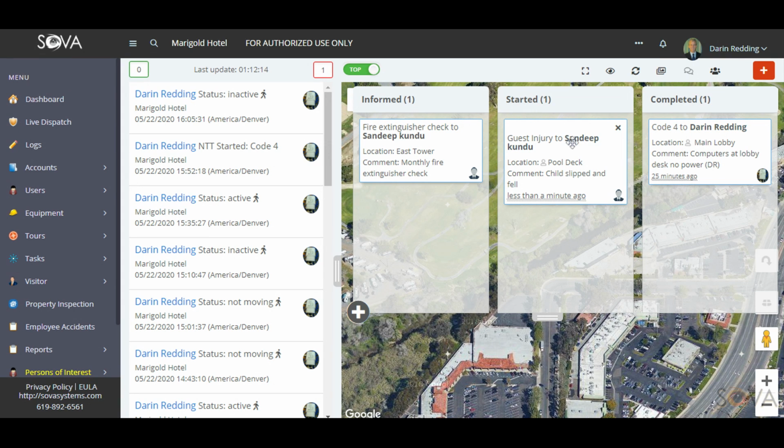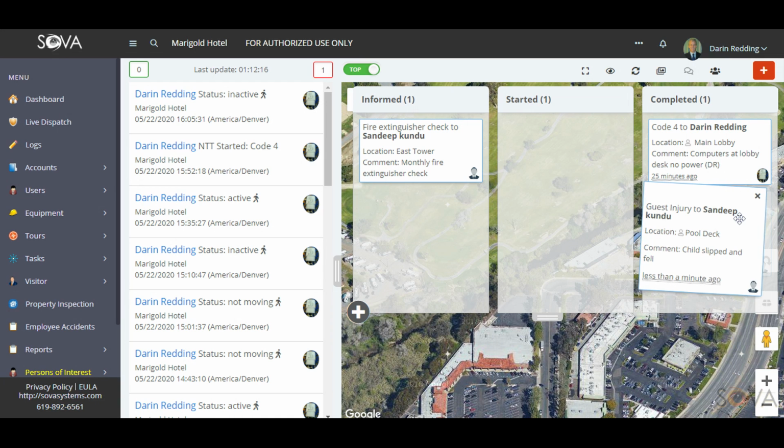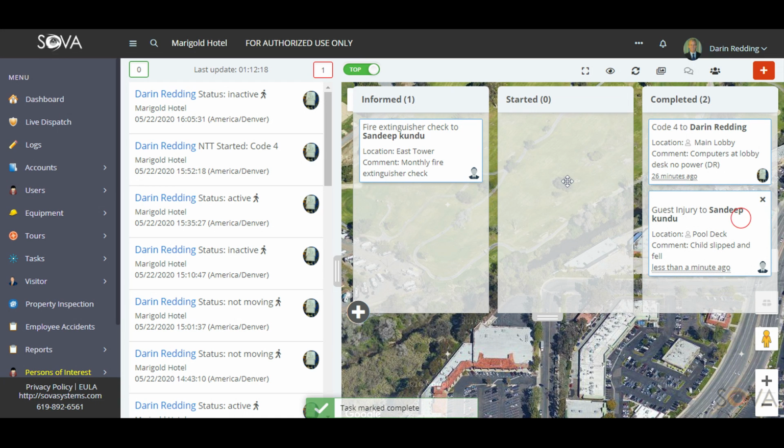And just so you know, as this completed panel starts filling up, let's say we have a bunch of completed tasks over here, what'll happen is there'll be a scroll bar that'll appear as I add additional tasks. So this will be a scrolling window right here. So we'll be able to see everything that was completed. This will remain here so we can review this anytime we want